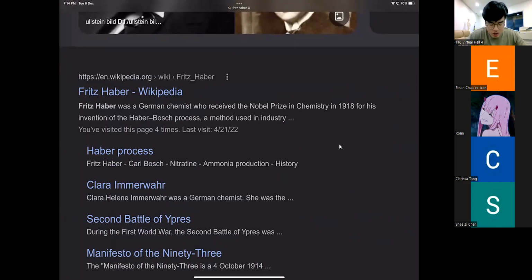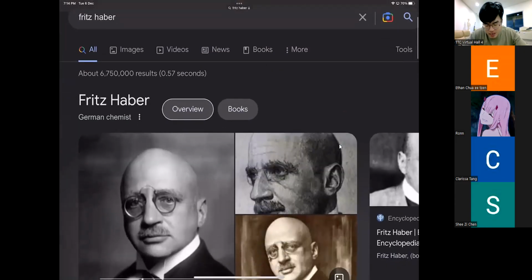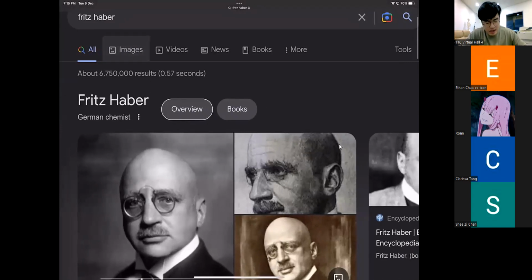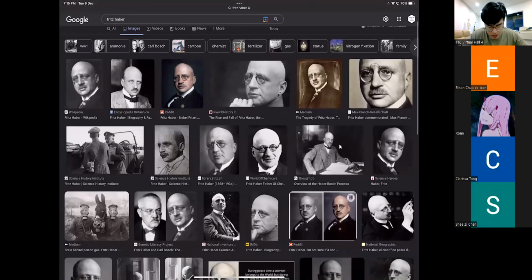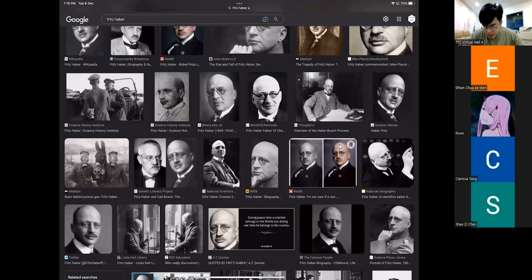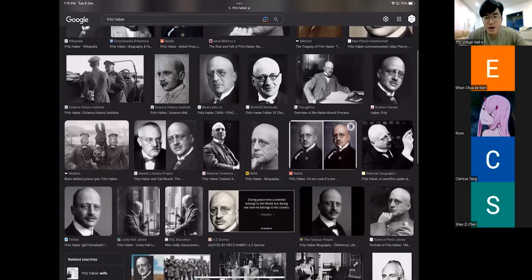Interesting story about this guy. When he invented fertilizer, he was a big genius, but he was also one of the most evil scientists of all time. Do you know why? When he invented ammonia, we use ammonia to make fertilizer. When he invented a way to make ammonia on a large scale,